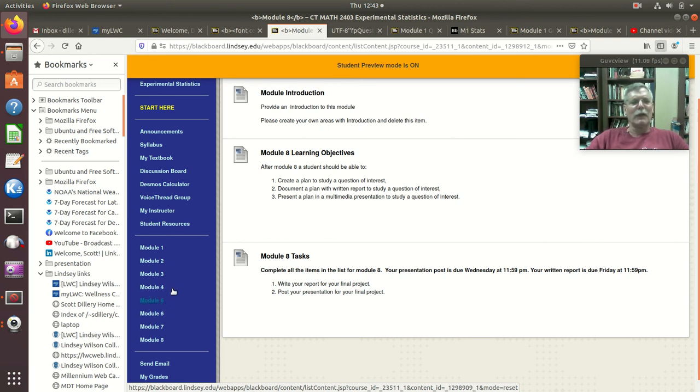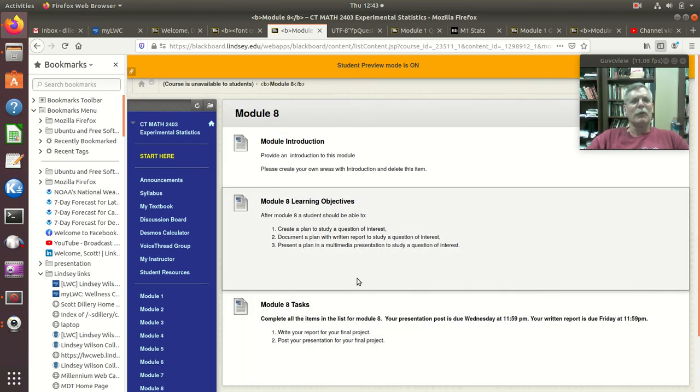But Module 8 will always be open, so you can always refer back to the final project and the description to help you while you're doing some of these other things in the other modules. So there we go. I don't know that was a truly quick tour, but I think that gets us through just about everything.